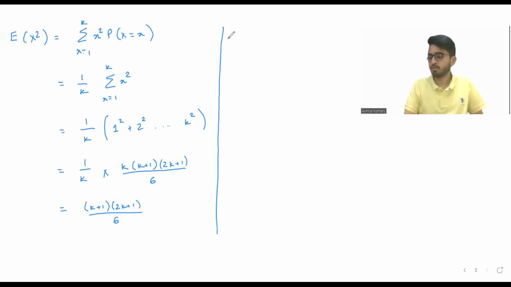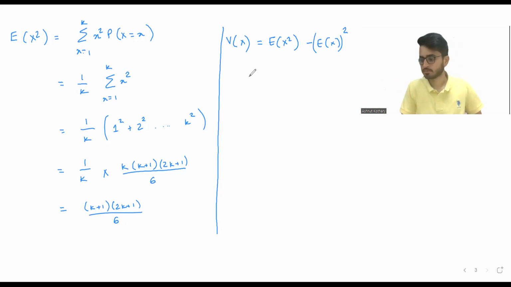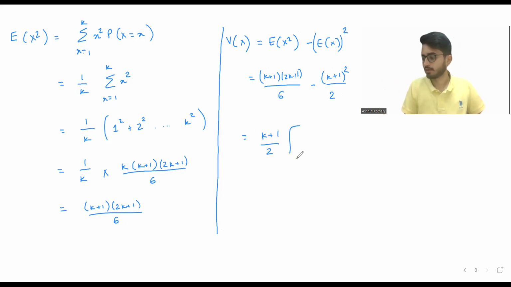And now if you remember, if I need to find the variance, the formula for variance was nothing but expectation of x square minus expectation of x, whole square. So this will be (k plus 1)(2k plus 1) by 6 minus (k plus 1) whole square by 2. I can take (k plus 1) by 2 common and I'll be left with (2k plus 1) by 3 minus